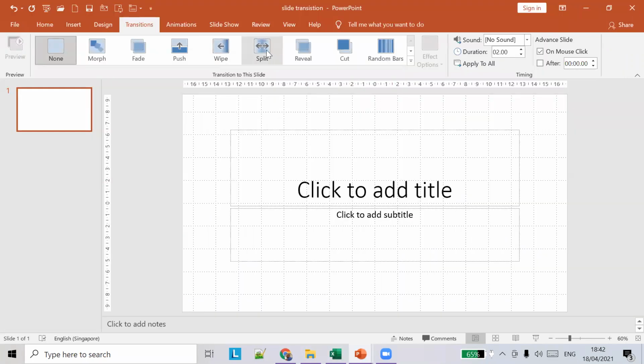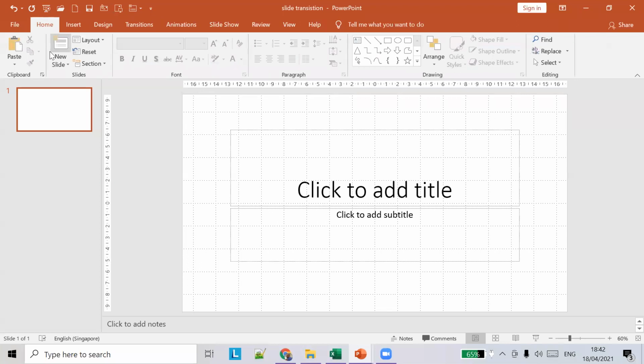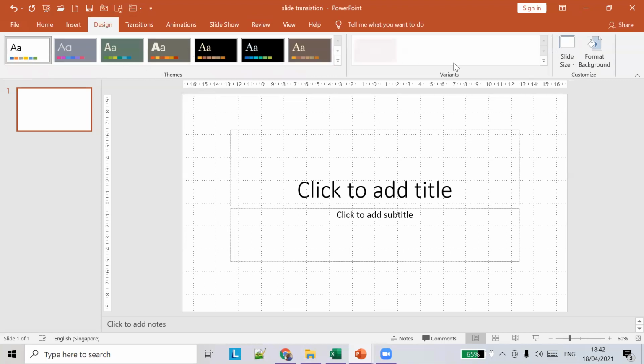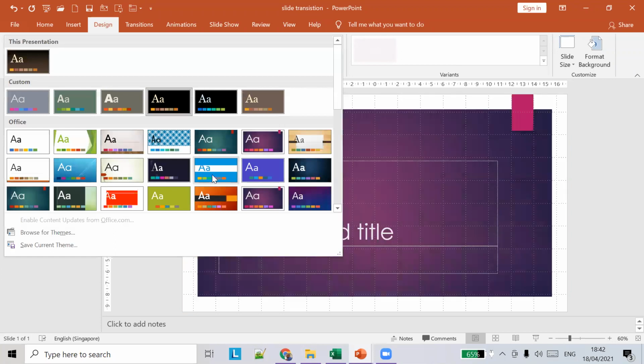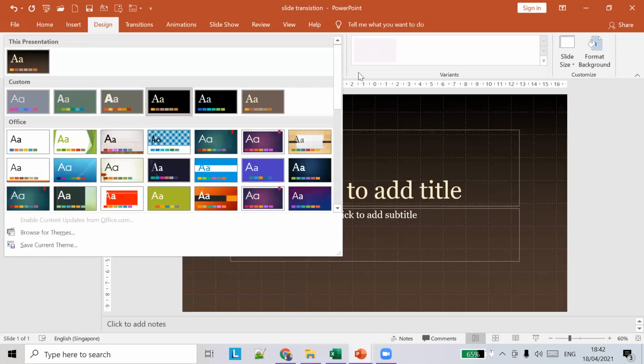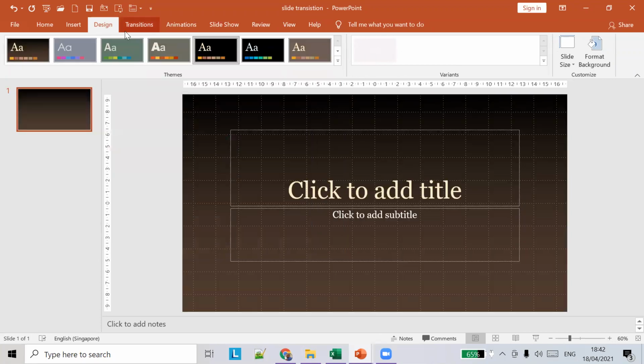So we are going to create two sample slides and see how transition works. First I will make a default design template for the slides. Let's choose some themes.